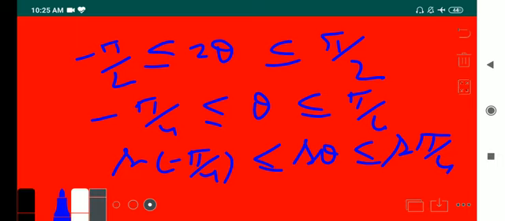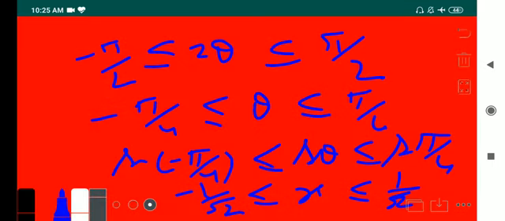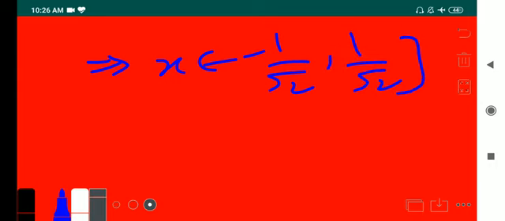Sine pi by 4 is 1 by root 2. So it is minus 1 by root 2 less than equal to sine theta, which is x, less than equal to 1 by root 2. So this implies that x belongs to minus 1 by root 2 to plus 1 by root 2. So this shows that 2 sin inverse x will be equal to sin inverse